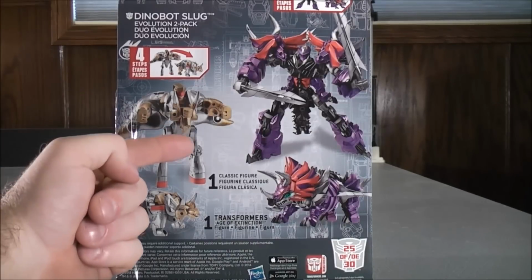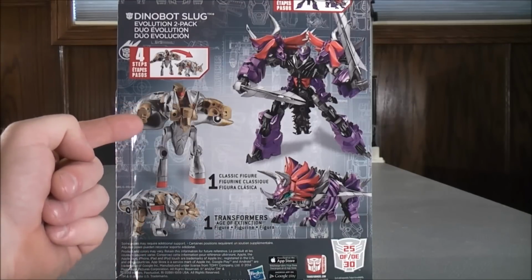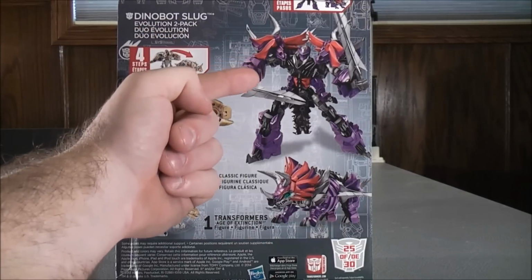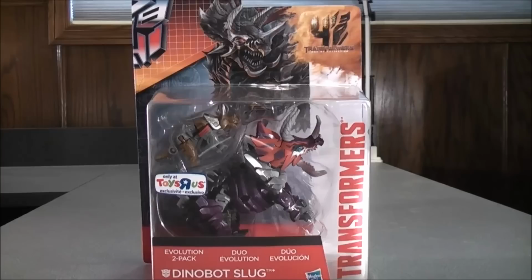So, on the back, here it shows it comes with one classic figure and one Transformers Age of Extinction figure. I believe this one's name is Slug, but I could be wrong. Here's a robot mode, his Dino mode, up here it says 4 steps. Here's Dinobot Slug in his robot mode and Dino mode, and up here it says 16 steps. So I think that about does it for the box. Without further ado, let's get the Toys R Us exclusive Evolution 2-pack Dinobot Slug out of here and see what